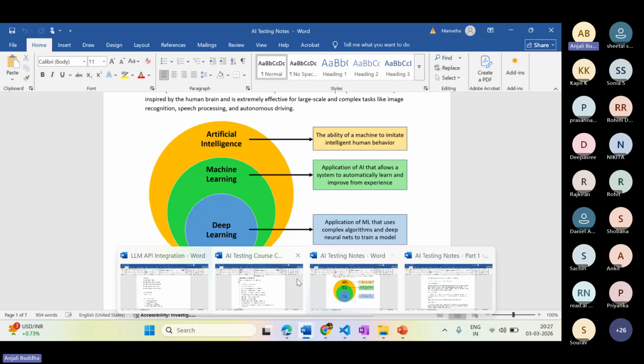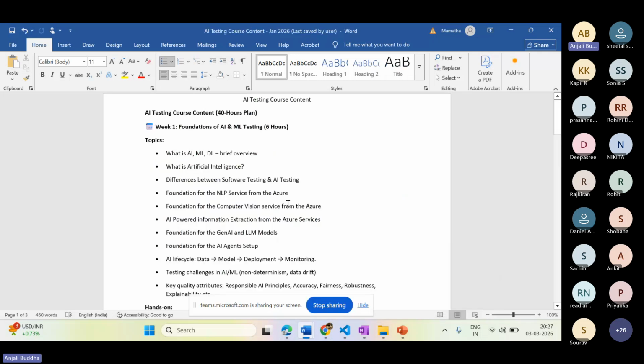We are going to learn in detail which tools are there and how we can use everything. Then we'll be learning about software testing and AI testing, and how traditional software is completely different from the AI testing we are currently working on. Then we are going to learn some of the pre-trained models before I show you the direct LLM models, so Gen AI models we'll play around with.